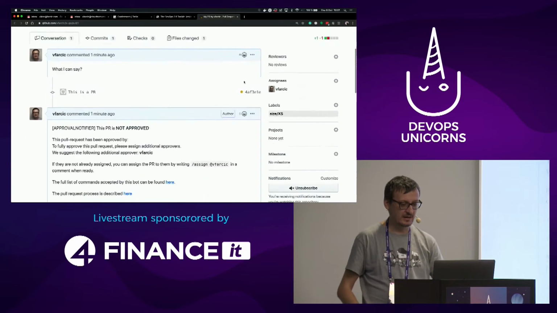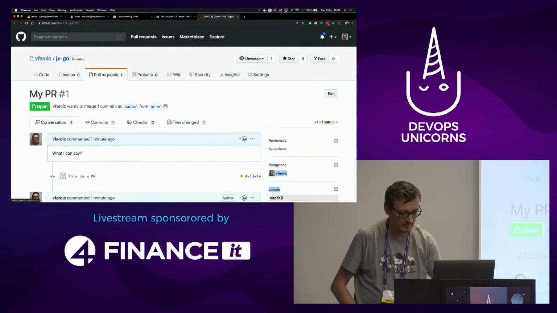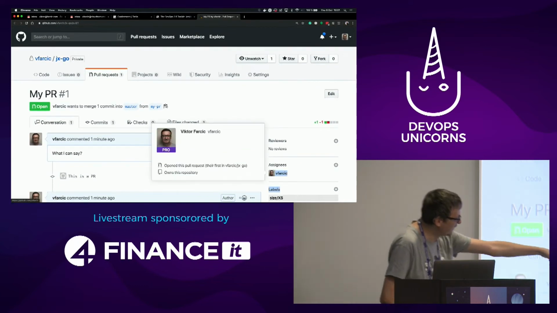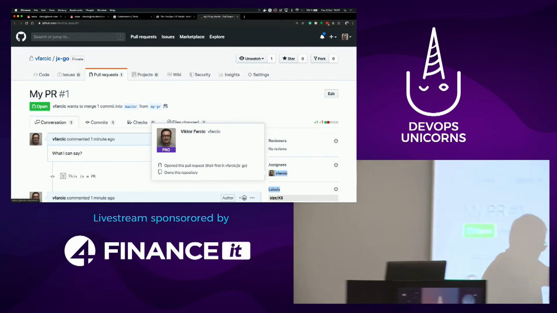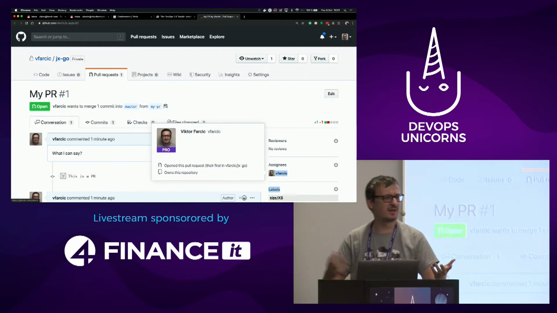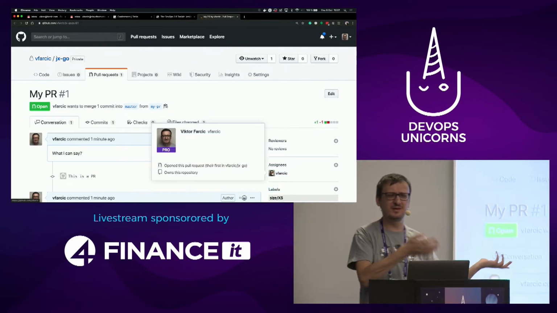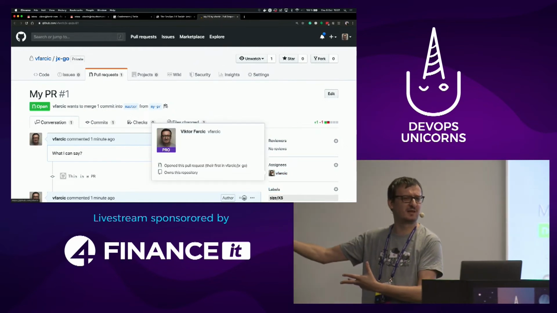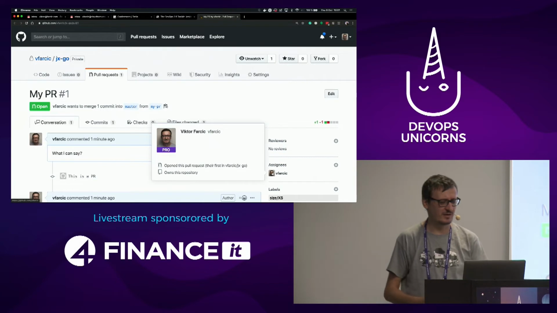And then that guy was just assigned to the pull request. You can see it here because part of the conversation gets translated automatically into some actions. Otherwise, it would be silly for me to say, can you please review this for me, and then go somewhere else and click a button. That's a tremendous waste of time.